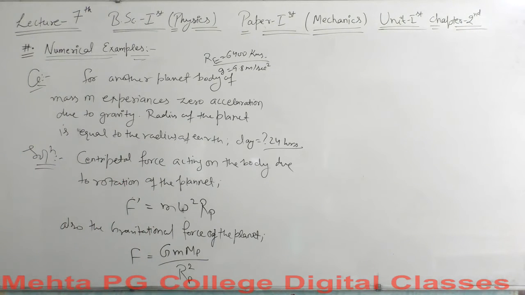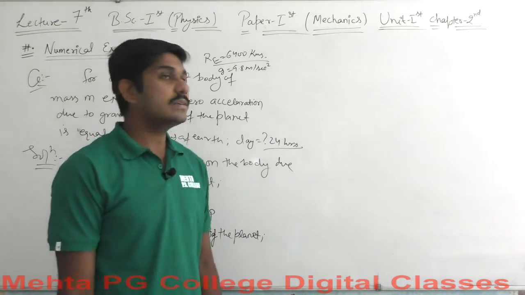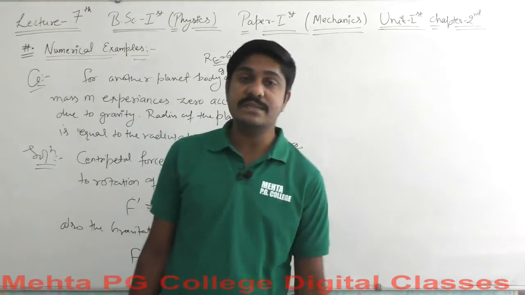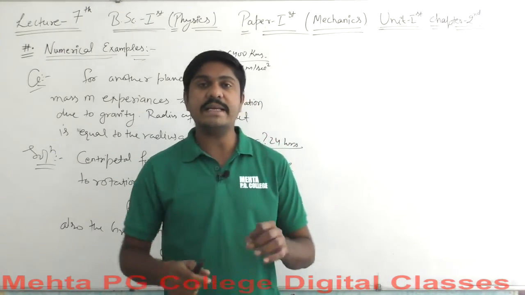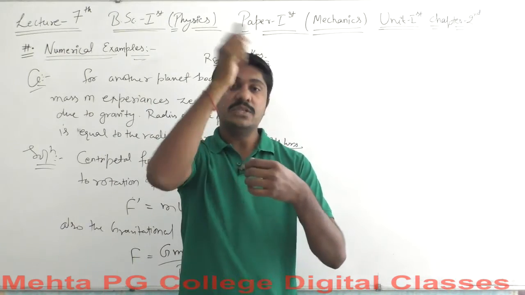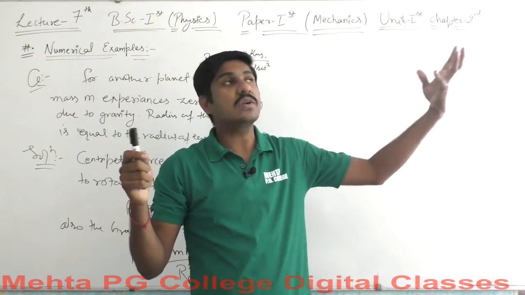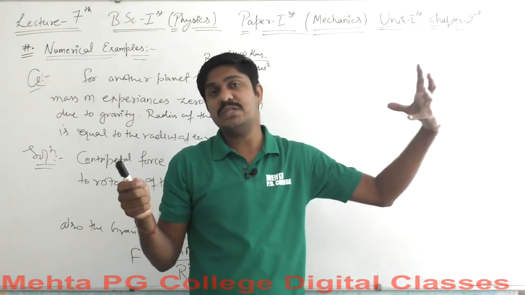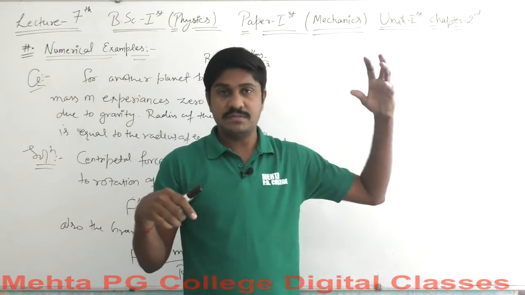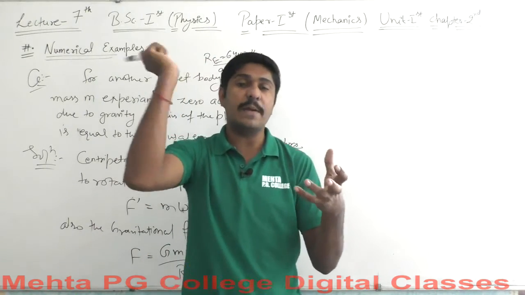Okay. Also, it has been said that no gravitational acceleration is felt, so that means the centripetal force is equal to the gravitational force. If you remember, when you hang a stone with a wire and rotate it above your head, what actually happens? Is the stone attracted towards you? The stone will be attracted towards you when the gravitational pull is higher than the centripetal force, and when the centripetal force is equal to the gravitational force, what will happen exactly?